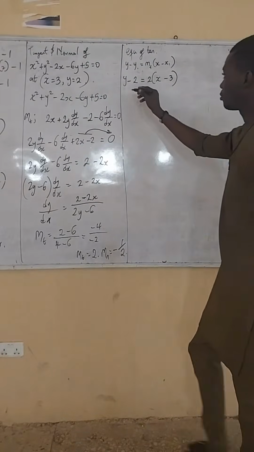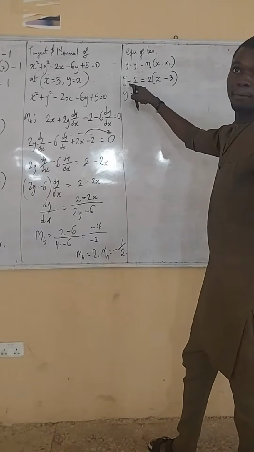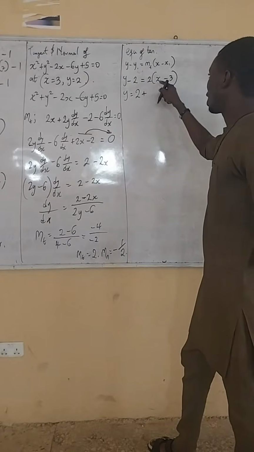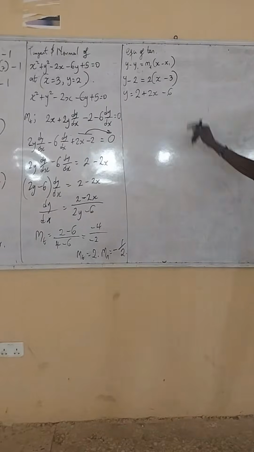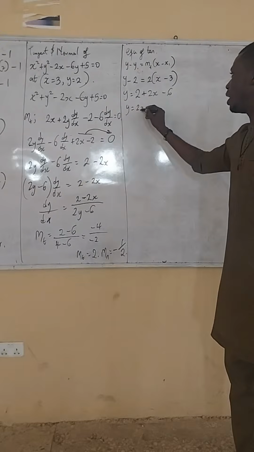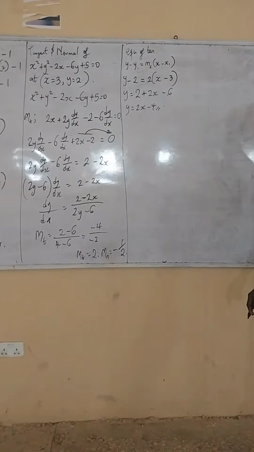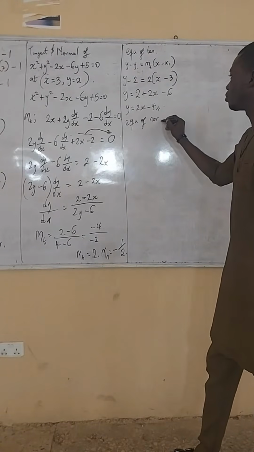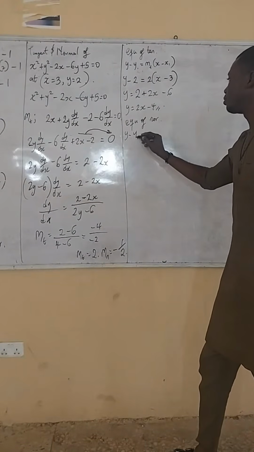If you solve for that, y equals 2, positive, minus 2 becomes positive 2. Then expand this one. That's plus 2 times x, that's 2x. 2 times 3, that's 6. 2 minus 6, that's minus 4. So y equals 2x minus 4. That's the equation of the tangent. Then we have the equation of the normal. That's the same, y minus y1 equals